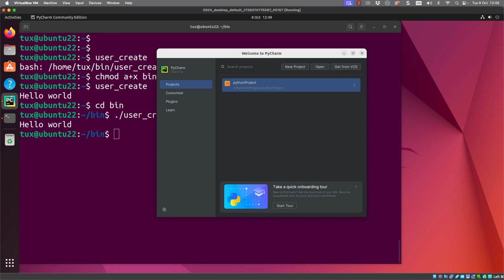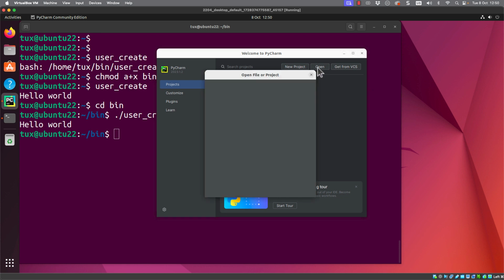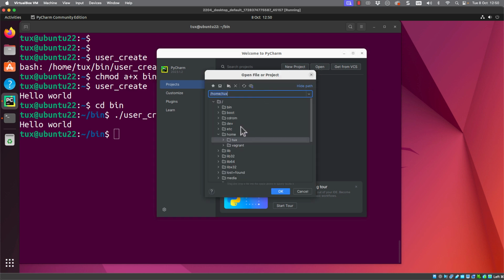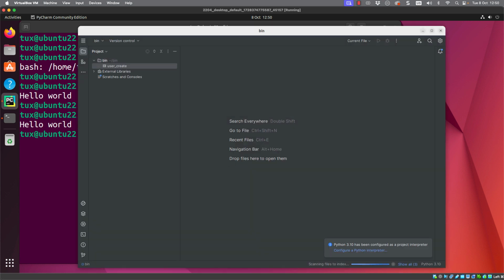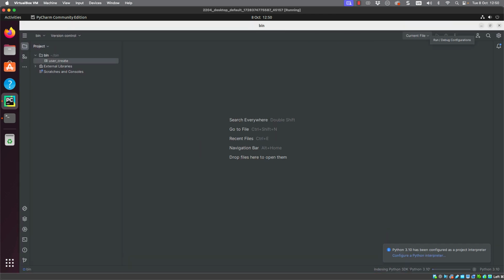We'll be using the Community Edition, and I can fire this up, and then I can just move across to open up an existing directory, and I can point towards my home directory and the bin directory we created before. I can choose to trust the project. And then, of course, we've opened up the bin directory and we're showing the script that we have inside.